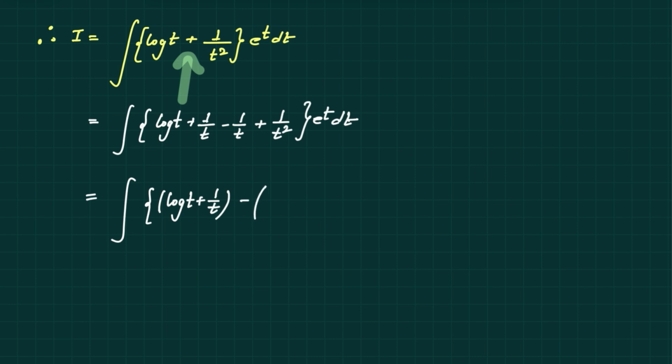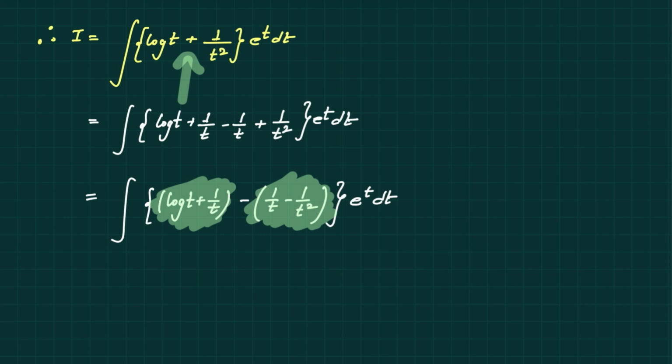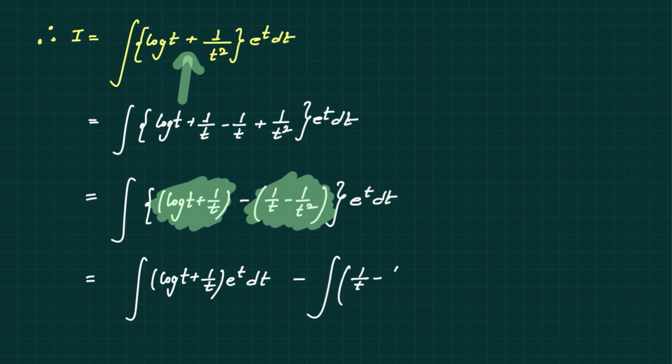Taking minus common, we will have 1 over t minus 1 over t square, whole thing into e to the power t dt. Now let us open the bracket with e to the power t and multiply to these two terms here. Then we will have this integral as integration of log of t plus 1 over t, e to the power t dt, minus integration of 1 over t minus 1 over t square into e to the power